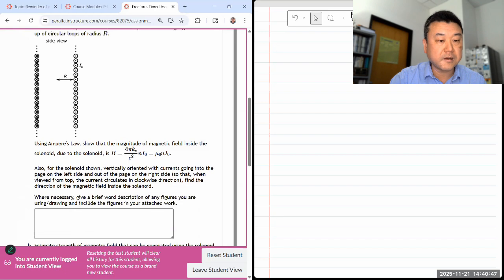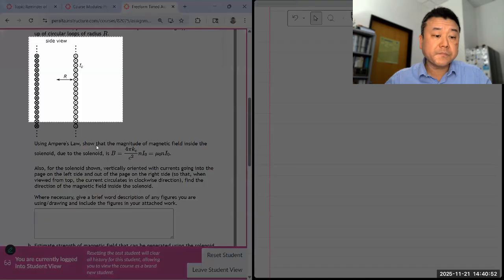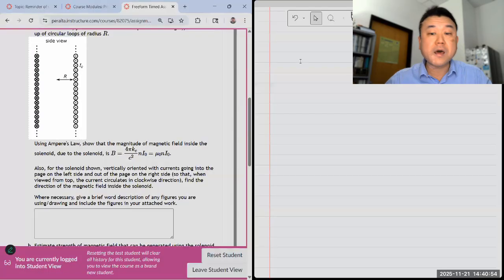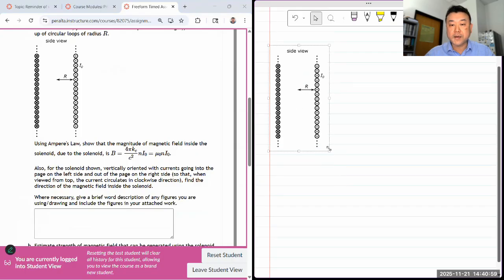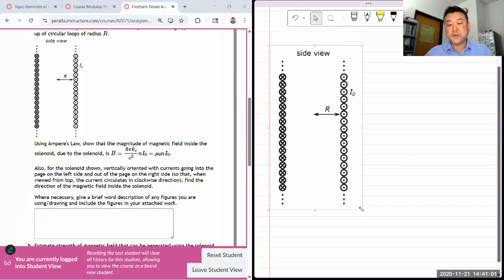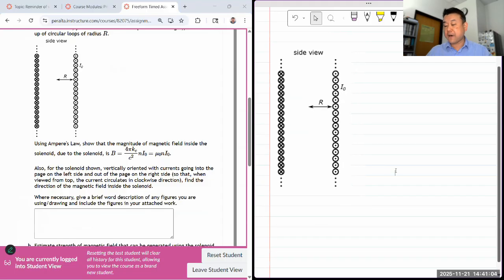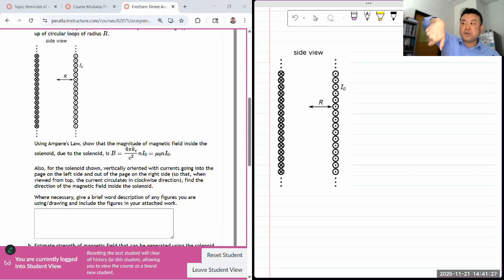Let me first sketch the graphical portion of the Ampere's law application. Whenever you are applying Ampere's law, you've got to draw me your Amperian loop. If you haven't drawn your Amperian loop, then I know you're just giving me something that you memorized, not something you understood. So here, with the current flowing on the right side of the loop poking out of the screen, and on the left side going into the screen,